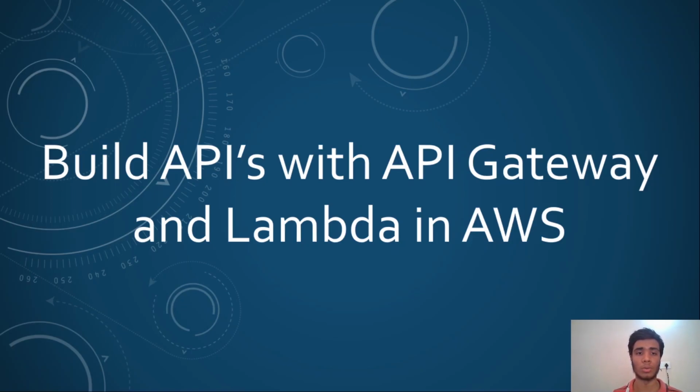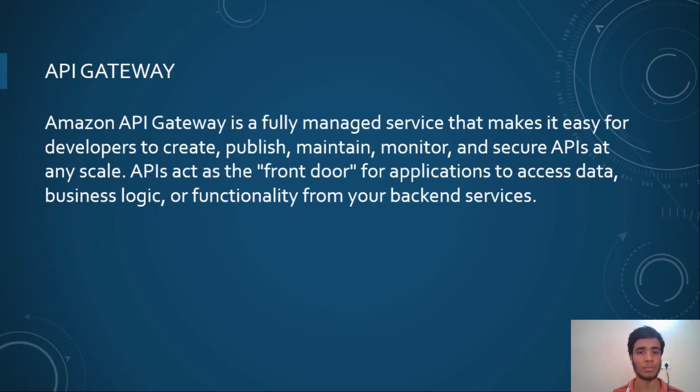So now we are going to try and build our own APIs using API Gateway and Lambda in AWS. So what is an API Gateway? This is the documentation provided by Amazon. We can go through that. API Gateway is a service provided by AWS which enables developers to publish and create APIs. And yes, there are other ways of creating an API, like using Flask from Python. But the best thing about API Gateway is that it is highly scalable and highly available, and it has a vast scope of integrating with other services like Lambda and SageMaker.